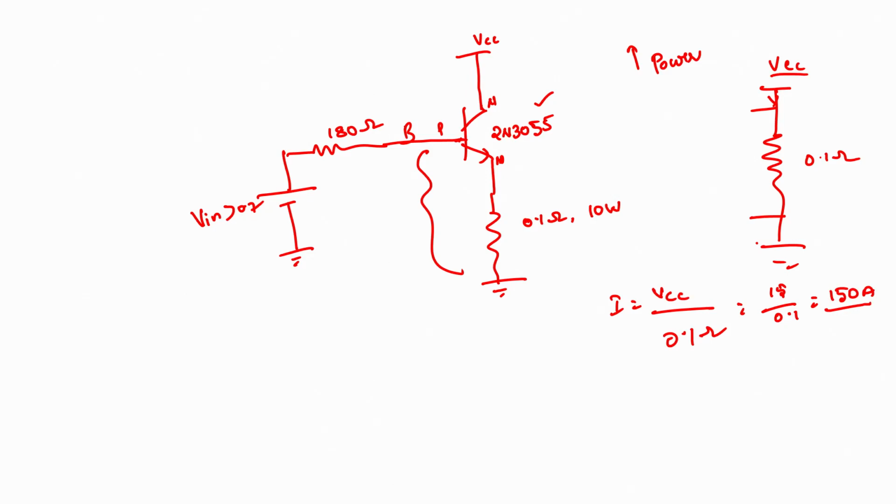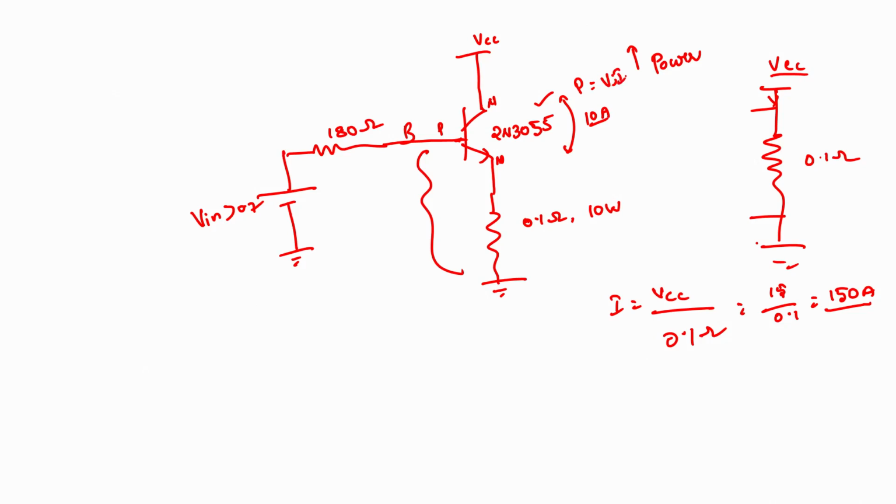No. If you look into the data sheet, the 2N3055 can withstand a current of only a maximum of 10 amps. But how exactly is it heating? The reason it is heating is one important factor: power. That is nothing but the voltage drop across the transistor and the current flow.